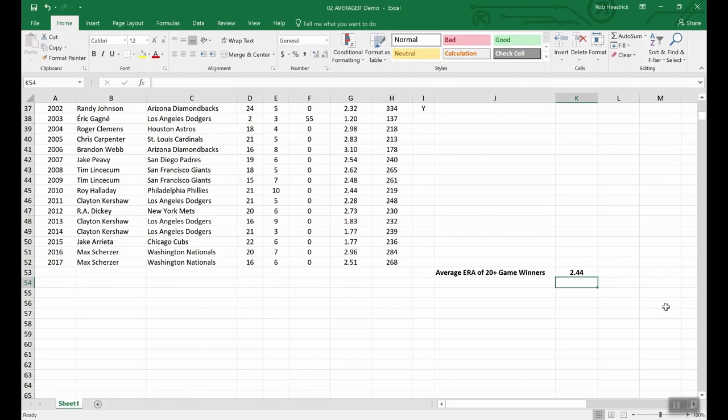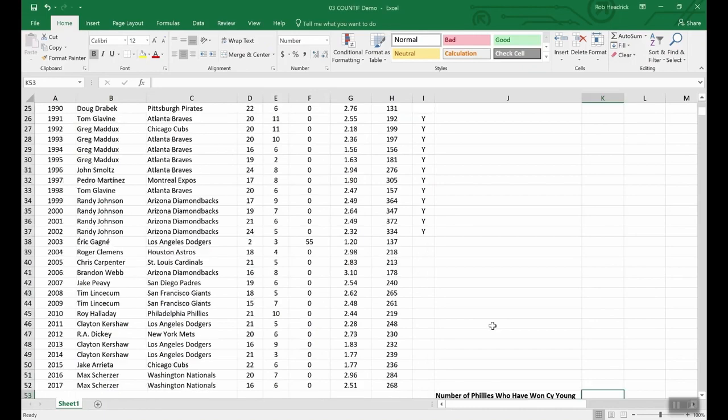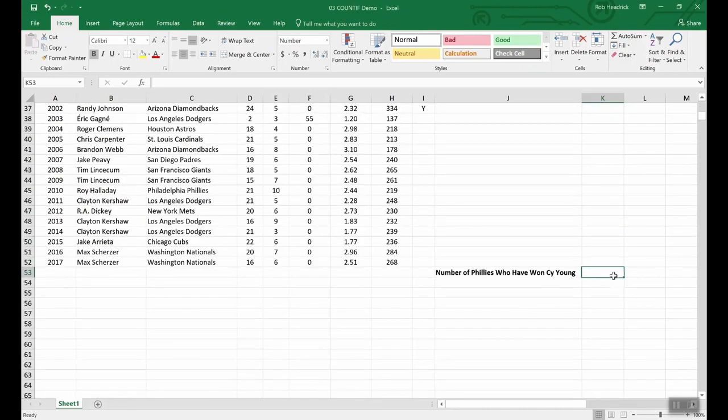Now let's move on to a sibling of AVERAGEIF, and that is called COUNTIF. The COUNTIF function is great for finding answers such as how many orders did client X place, or how many sales reps had sales of $1,000 or more this week, or how many times has a pitcher from the Philadelphia Phillies won the Cy Young Award. Let's use that last question to demonstrate the power of the COUNTIF function. We've got a little placeholder down here for our formula, and we're going to enter in equal COUNTIF,